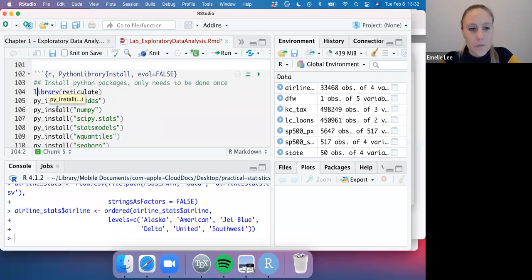So install the Python packages. This only needs to be done once, right? So you have to run it once outside of knitting, and then once you have it, you're done. Nice. So then you have to do